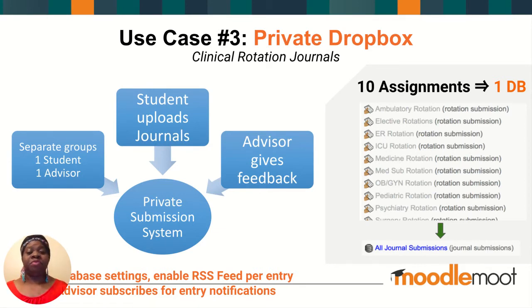So you can set up a private Dropbox for one student and the professor, or one student and the advisor, or facilitator, moderator, counselor. Okay, and information is exchanged privately between the two. So what you do is you set up the course in separate groups, and you make sure that the student is one person, that student in his or her private group, and the advisor is the only other person in that group with them. And the student uploads journals and documents and any other information that you need to collect